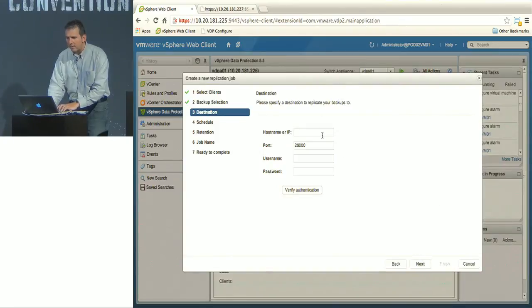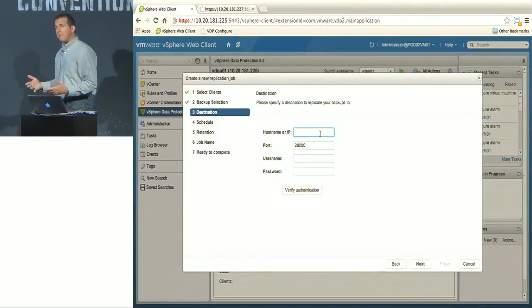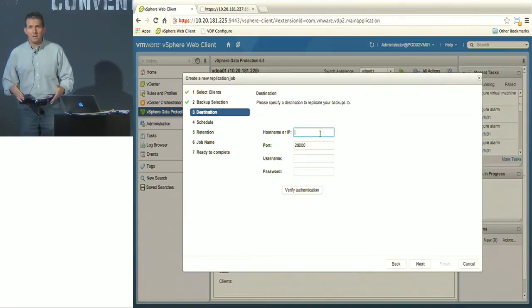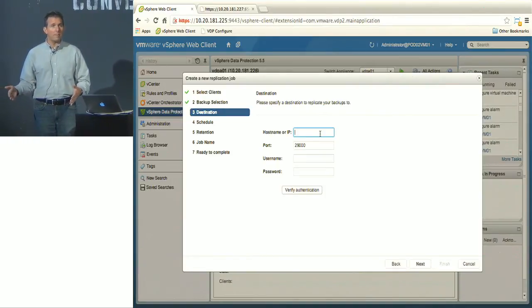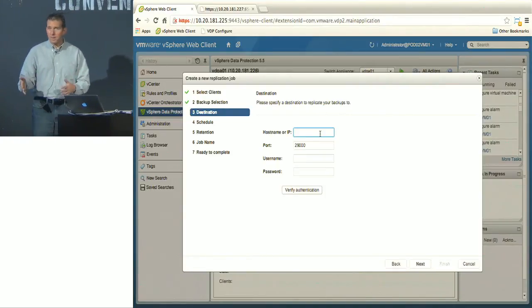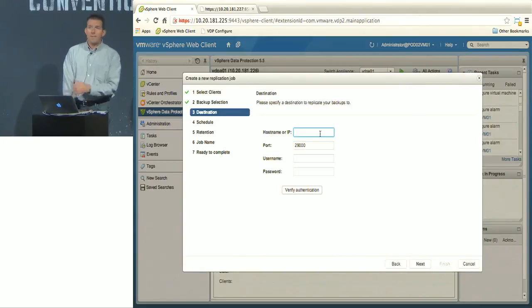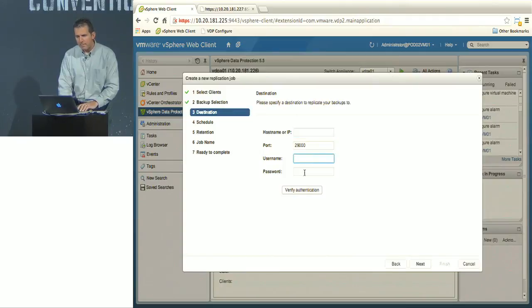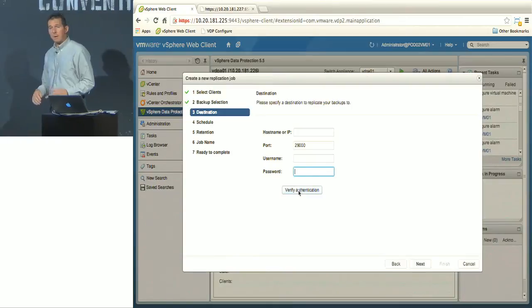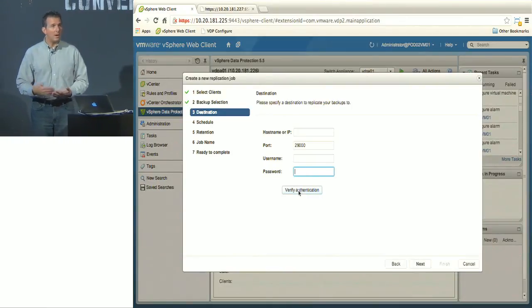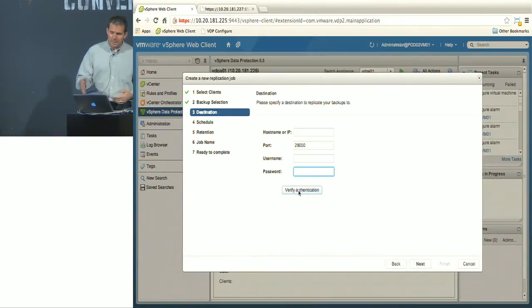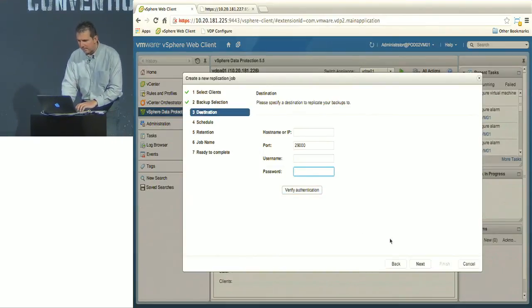I hit Next. I select my destination. Now again, the interface looks the same in VDP as VDP Advanced because both solutions will do replication, VDP to Avamar only, VDP Advanced to VDP Advanced or Avamar. In this case, I would simply put the host name of that Avamar grid or of that VDP appliance in here, the username, a password. At that point, I could hit Verify Authentication to make sure that I entered that information correctly. I'll get a success back from that. Like I said, my appliance is not fully deployed yet, so I'm going to skip that step,